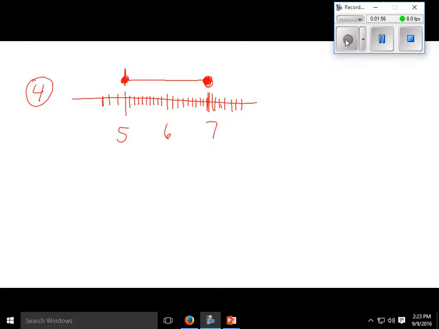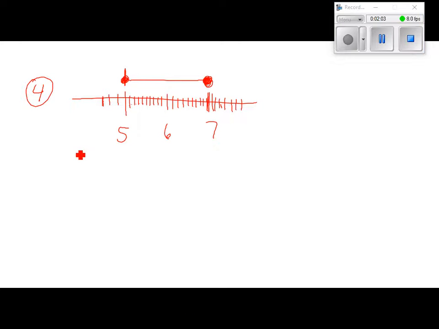Number 4 says, measure segment MN to the nearest 1/10 of a centimeter. Now, I sort of drew this ruler here. My ruler's not very good. Notice they didn't start at 0, but if we just count here, it's not going to be 7. We count, there's 1 whole centimeter. Looks like 2 whole centimeters. It actually looks like it comes out to exactly 2 whole centimeters, but that's not one of the options down